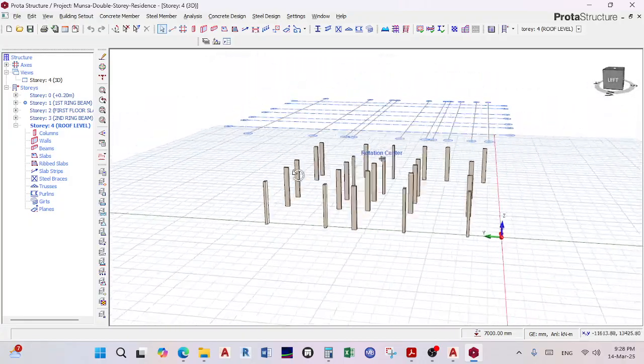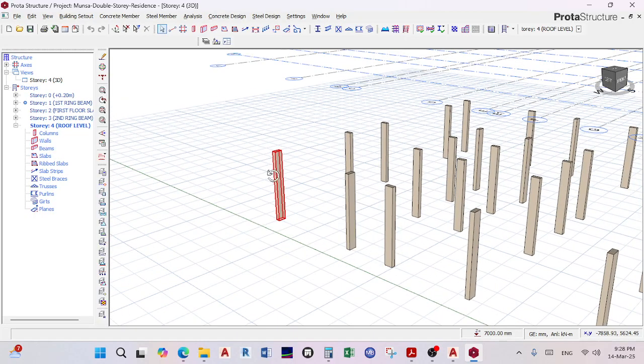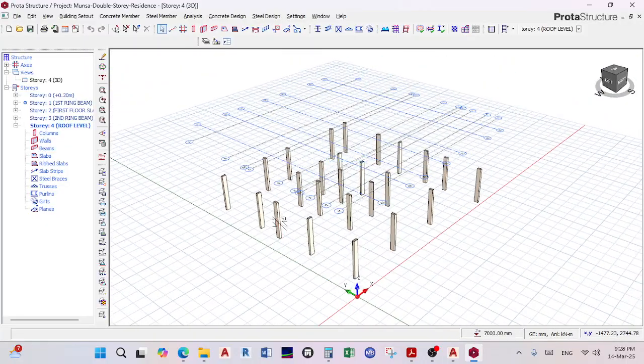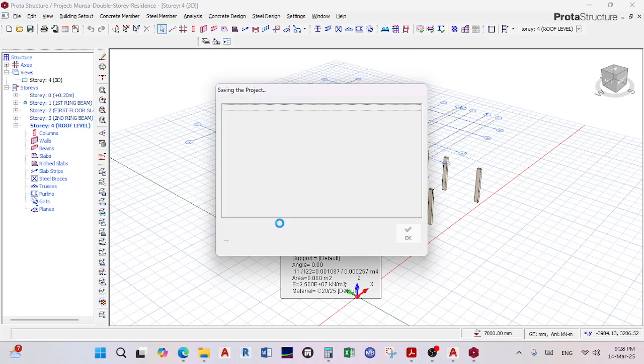So why I'm doing this is generally just so that I can model everything. I know that Prota will give me a bar bending shape, and will create cut shapes. I would much rather model the ring beam here also, just for my own good, because I do not want to go through the process of getting reinforcement bar bending schedules there. So I'll Control S, and then I'll go to the ring beam level,